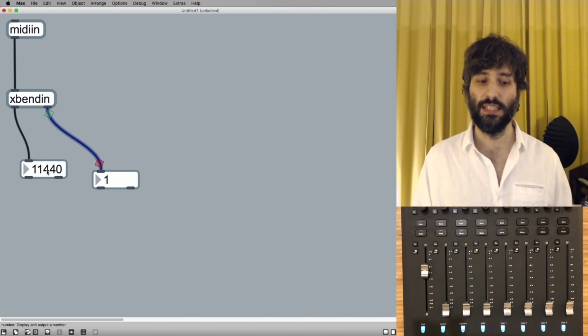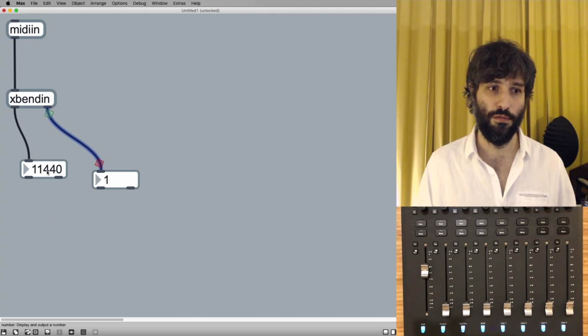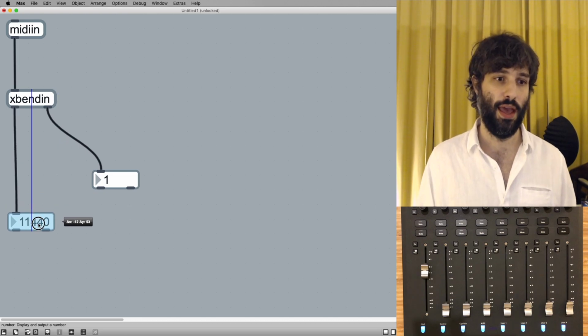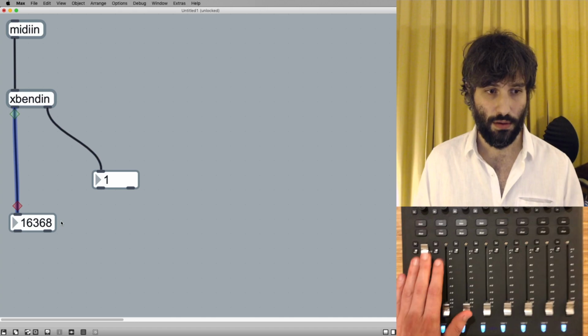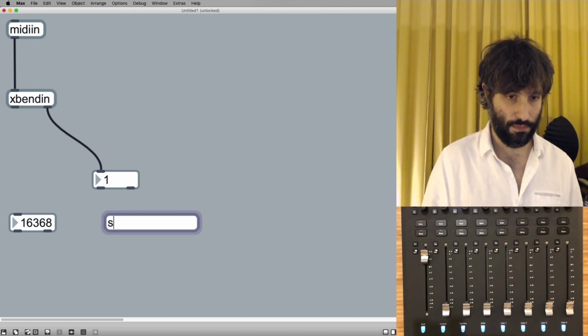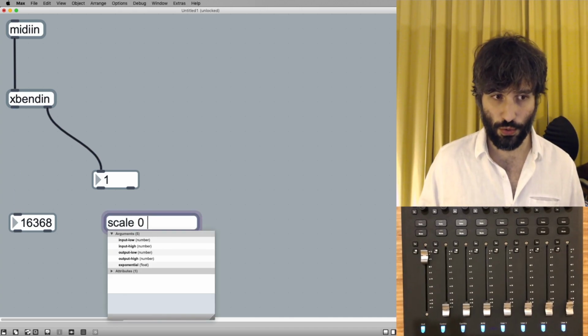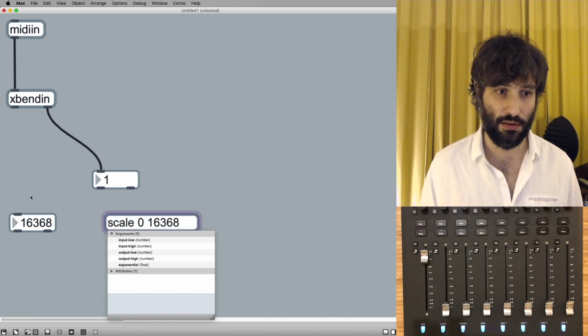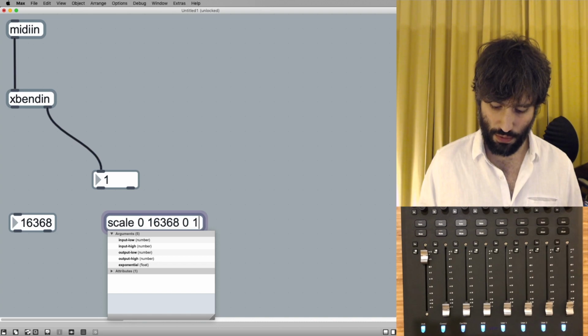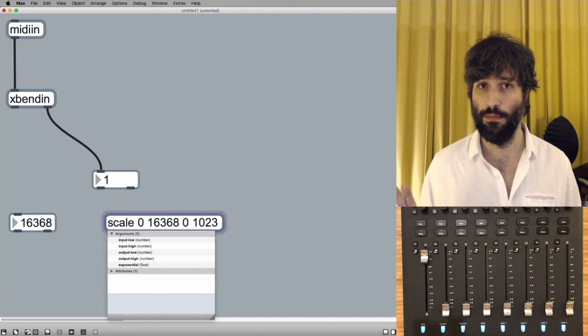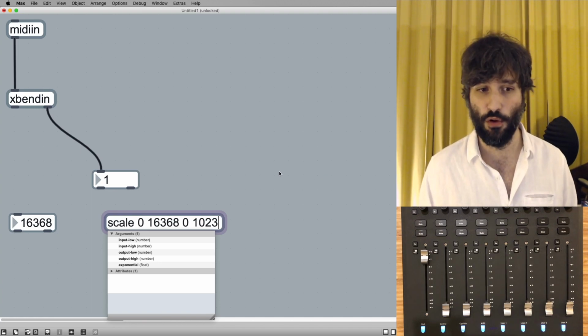So I'm going to scale the output of these values with the scale object. I'm going to go 0 to 16368, which is the maximum value put out by the fader, to 0 to 1023, because a 10-bit MIDI message would be 1024 values.